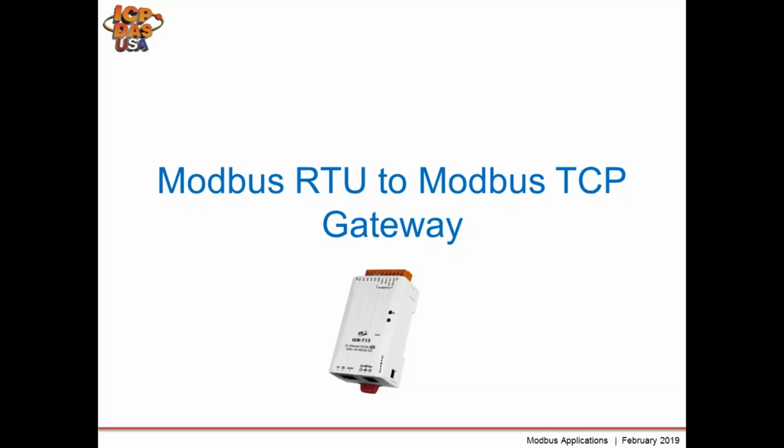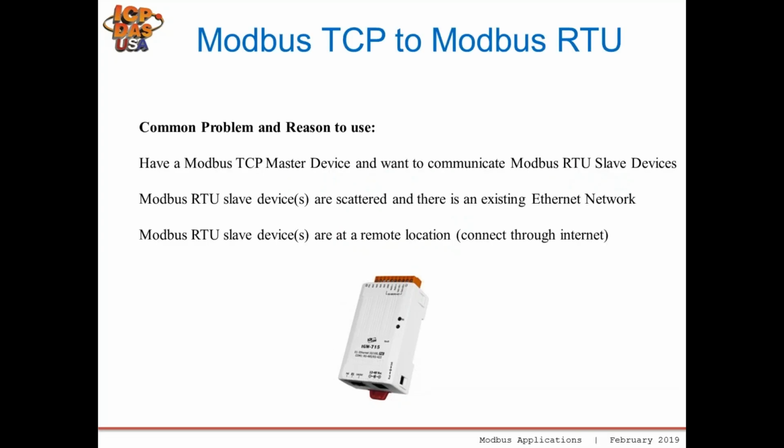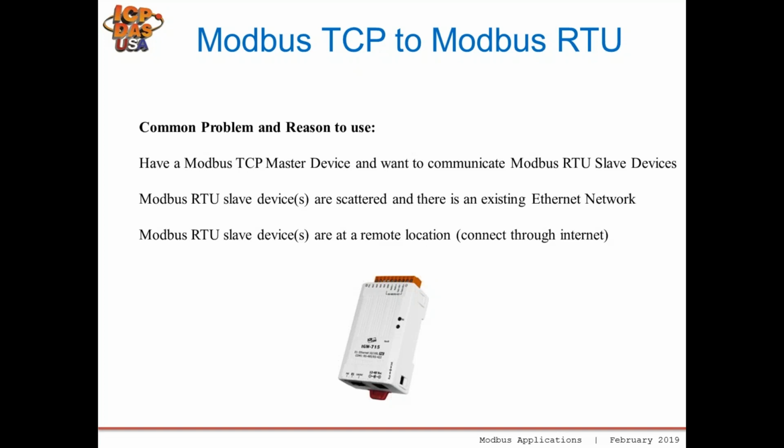The first product we're going to go over is our Modbus RTU to Modbus TCP gateways. This would be our TGW-700 series, specifically our TGW-715, which is our most popular item. It's a Modbus TCP to Modbus RTU gateway. It will accept communication either way: from one Modbus RTU master to one Modbus TCP slave device, or if implemented the other way, where you have a Modbus TCP master, you can have multiple masters communicating to the same RS-485 bus, which can communicate to up to 250